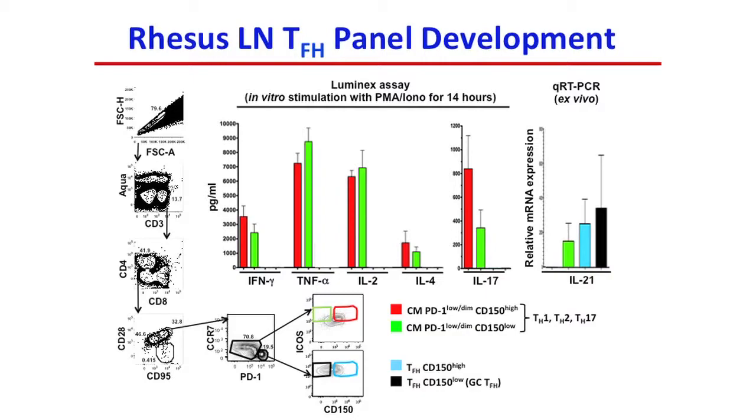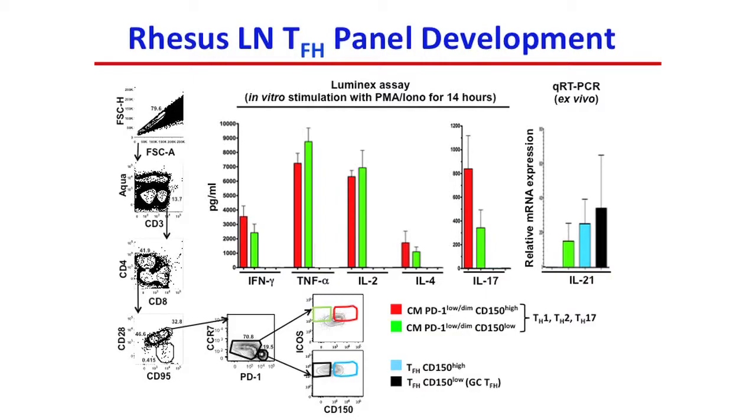The ability through Luminex to measure monkey IL-21, which is pathognomonic for T follicular helper cells, was not good, so we had to go to RT-PCR. And what you can see is that the cells that make the highest levels of IL-21 are indeed these cells